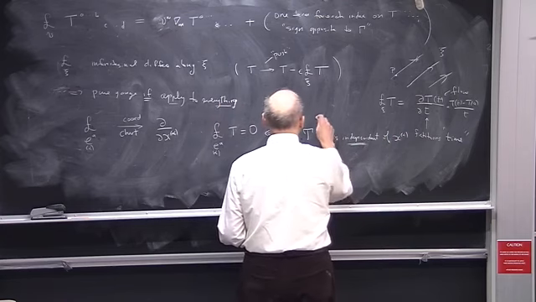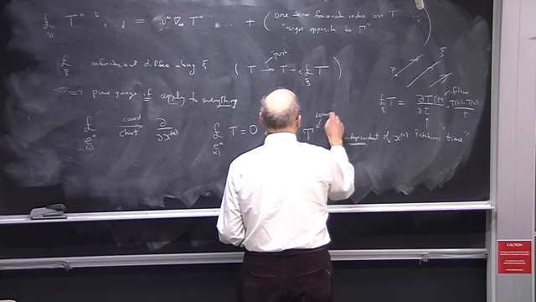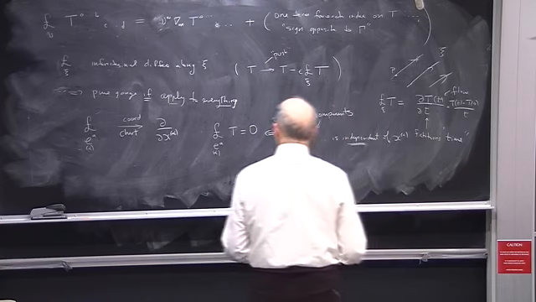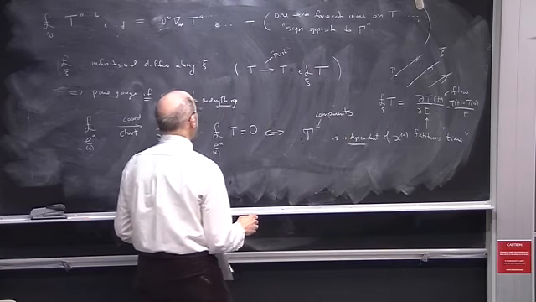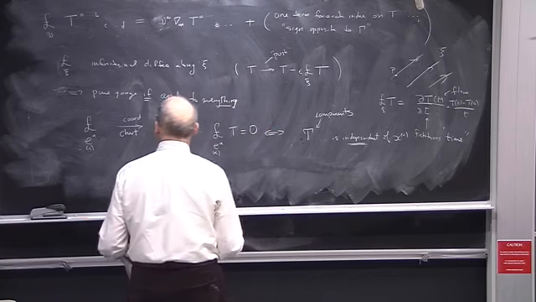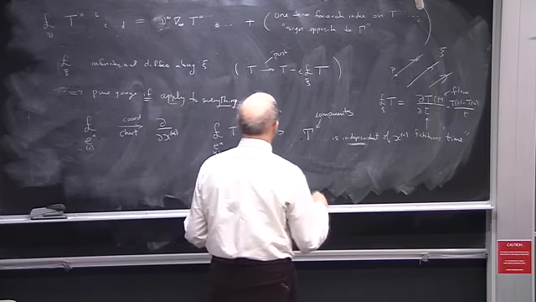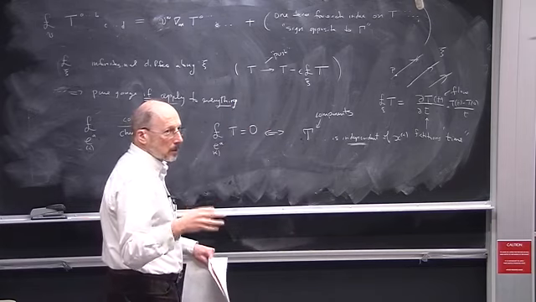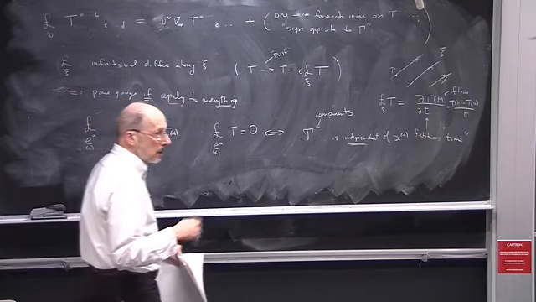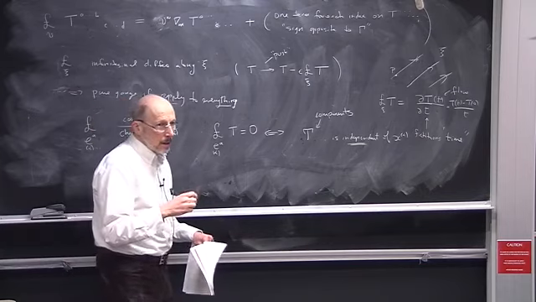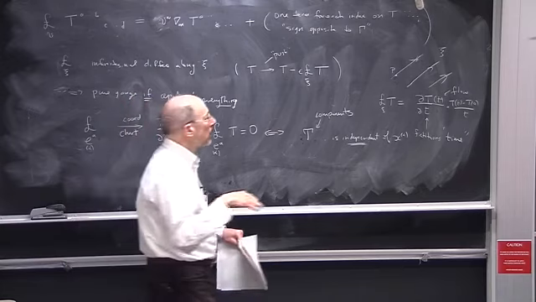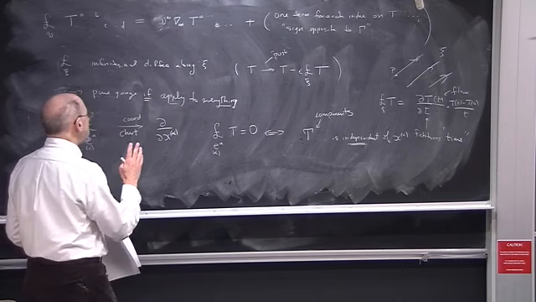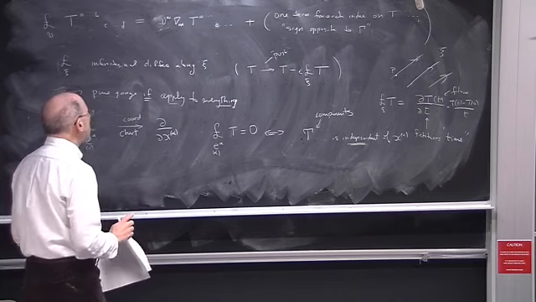In other words, its components are independent of x alpha. So this will be important in practice. This is usually how it will look. If you can find a coordinate system in which the components of some tensor are independent of some coordinate, typically time or angle or something like that, so let's say time, if you can find a coordinate system in which the components of the metric are independent of time, then it means that you can find a vector field, which is just the d by dt direction, the E0